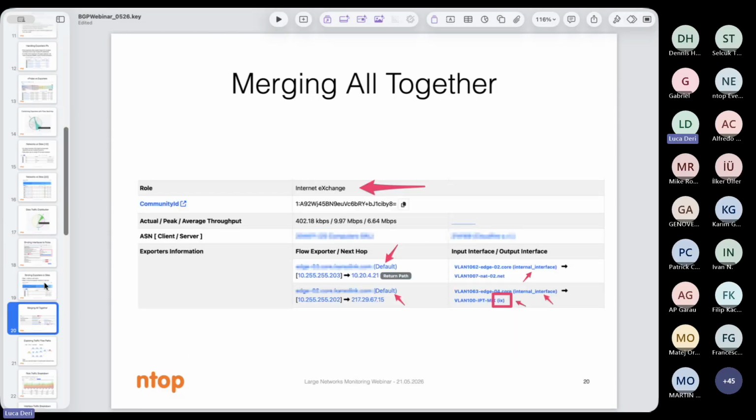Let me show you. When you have a flow here, inside the flow we write the origin of the flow. Why have we received this flow? What is the way that was used to receive this flow? For instance, this flow was received through an internet exchange, okay? So it means that a flow has been observed by several exporters, and one of them, as you can see, was an internet exchange. So it means that this traffic was received through a certain location,